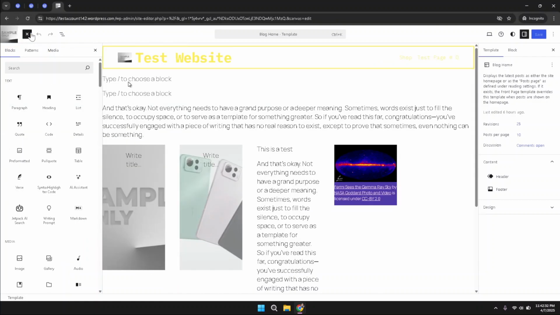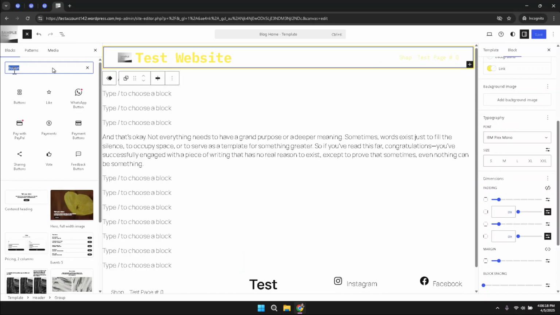it will simply take you to the search option, and here in the search option you have to simply type in button. Here you can see there are lots of options already there, but in the search option you have to simply type in the button. And once you type in the button option, here you can see the first option is showing here. You have to simply choose it and drag it to the website that you would like to place,